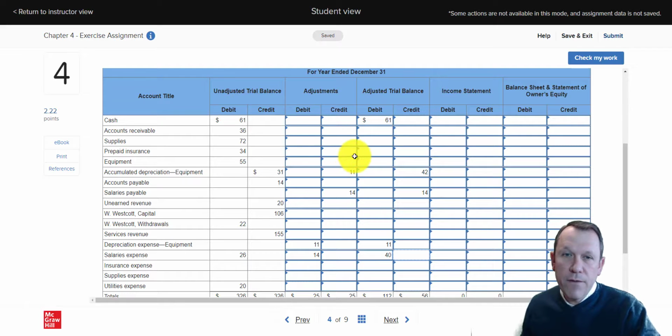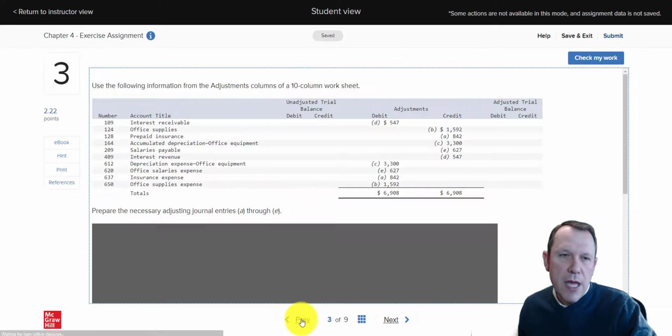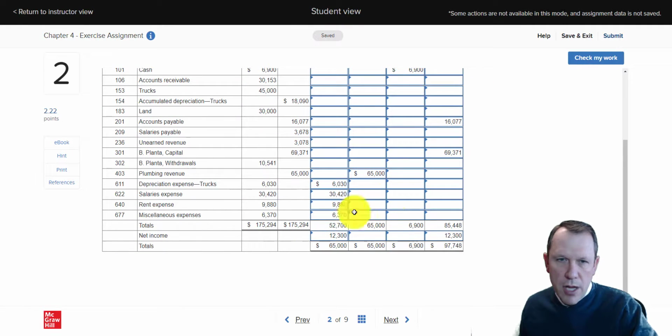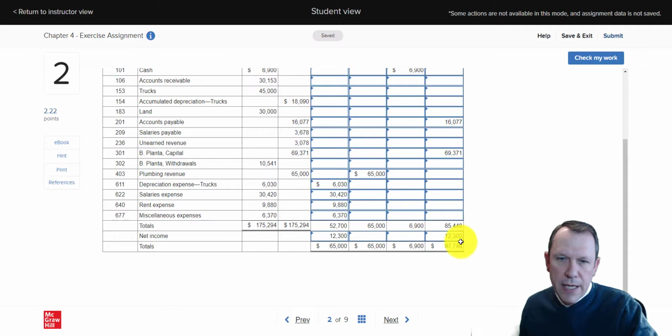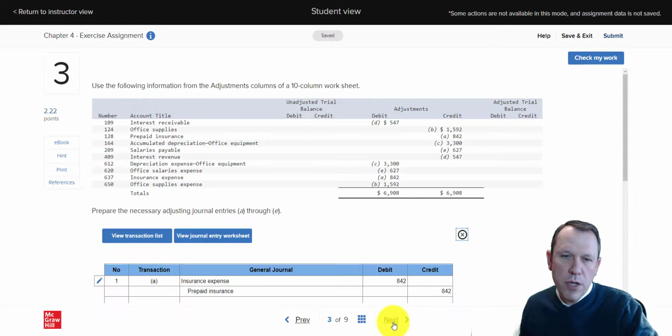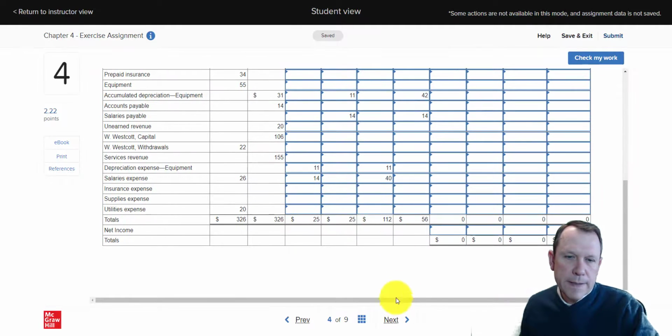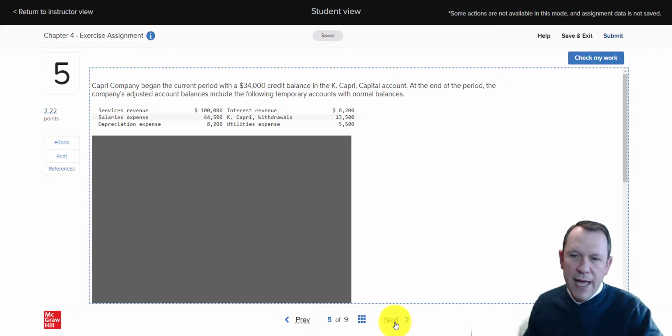So once we get that, then of course you're going to have your adjusted trial balance. That'll be the same thing. Once you get to that point, that'll basically be what you did back here in number 2. You're just going to slide them across, add the net income in, and finish that out. Okay, so you've already done that once. That'll be easy to finish that out in number 4. Okay, so number 5,